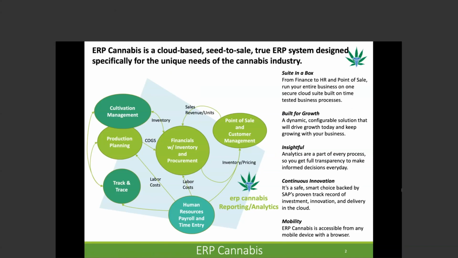And then specifically for the cannabis industry, cultivation management. So whether you are growing product or producing product or doing both, we have capabilities and functionalities that have been integrated with ERP Cannabis to address all of the functionality that is specific for the industry. On the front end, you can also see that we have a point of sale module along with